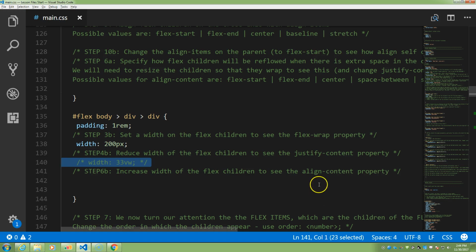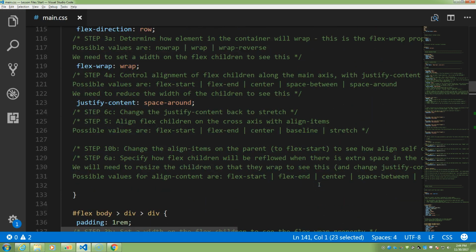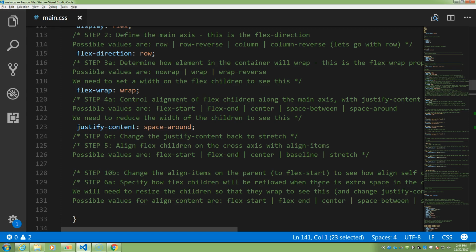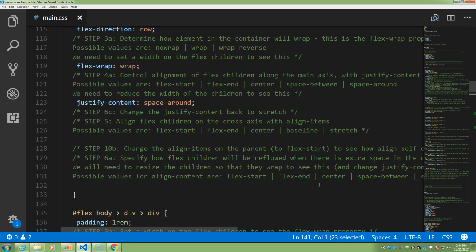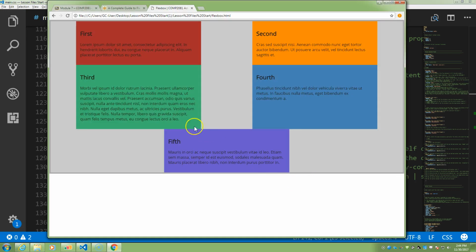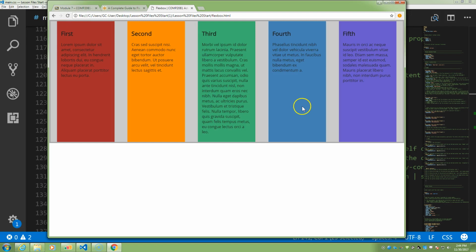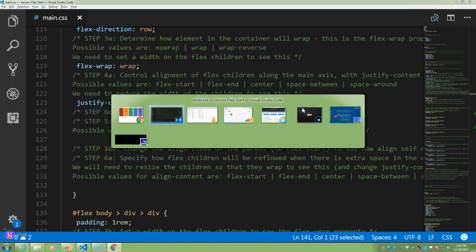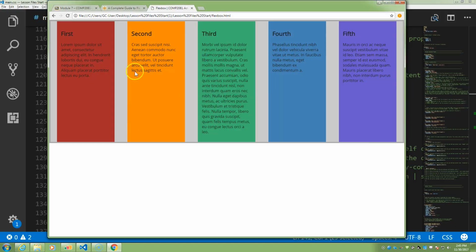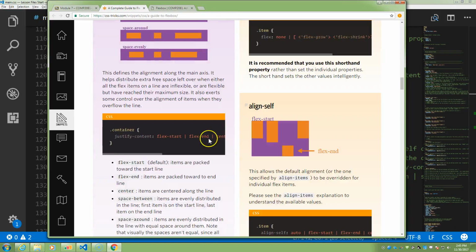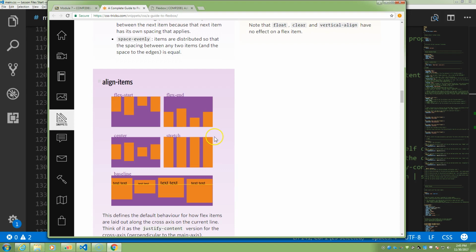All right. Step 4B. I think we're up to 5. I think that wraps up step 4. Step 5. Align children on the cross axis with align items on the cross axis. I'll refresh those like that. This one kind of bends my mind around a bit. Align items on the